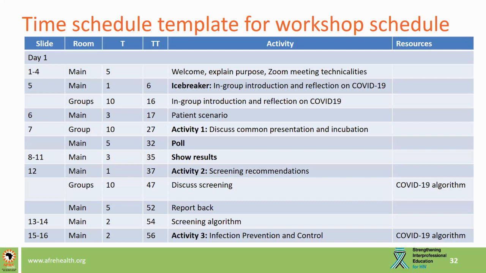This is an example of the template that I have with me when I'm the lead facilitator. It shows the slides, the slide numbers that we use. This one indicates whether it's in the main group or the small groups. This is the actual time we allocate for each activity. And this is a cumulative time, so I can see how far I am and whether I'm behind time or ahead of time as I go